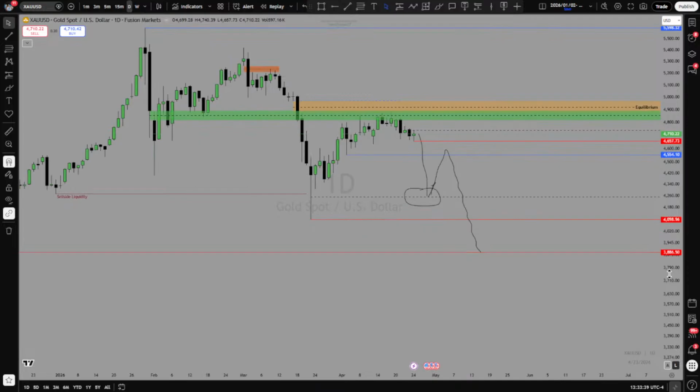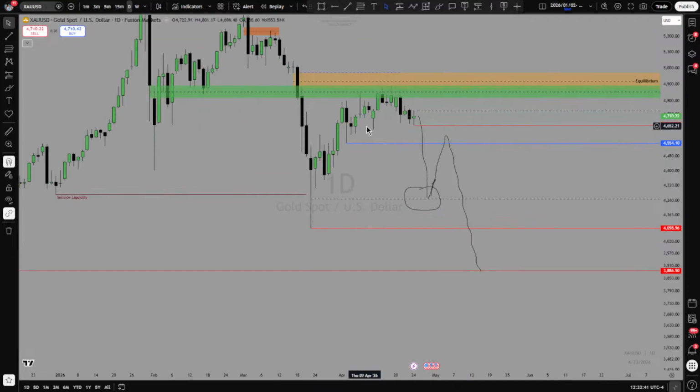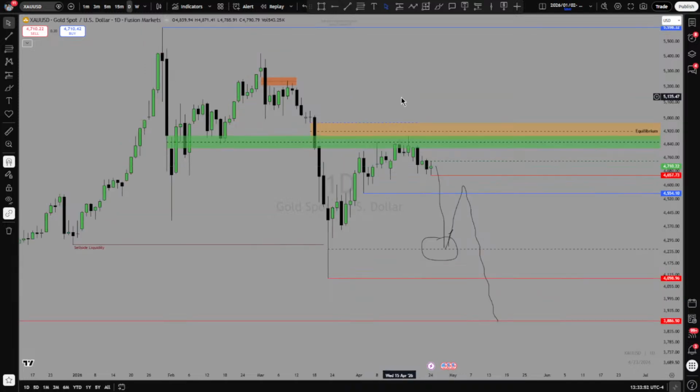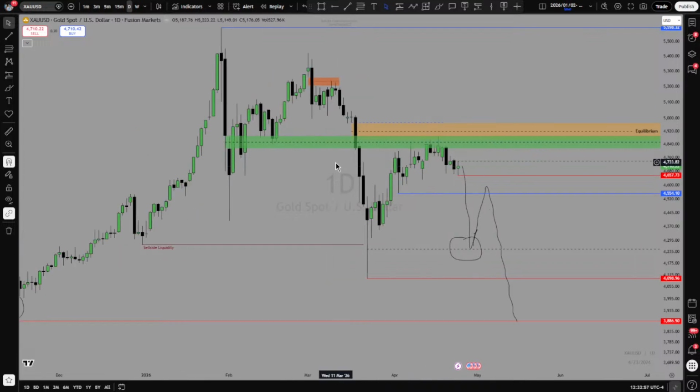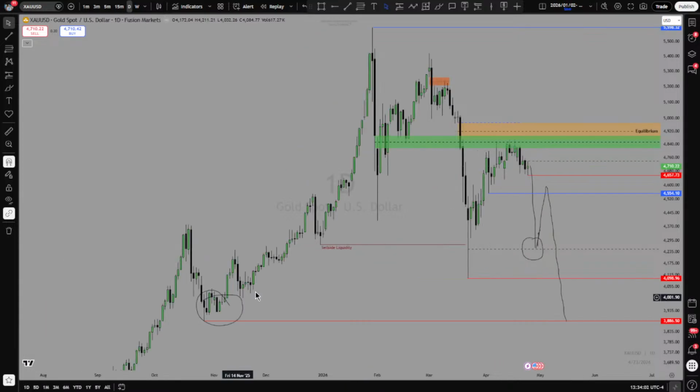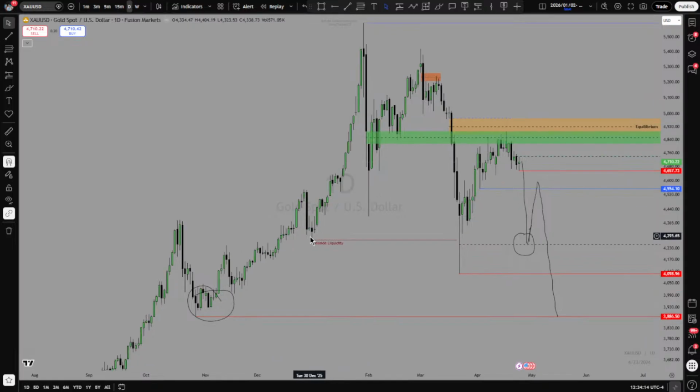Then we started moving a bit lower. What I was looking for here were signals that the price is going to go lower now, so it's not going to go higher, because although there's a slight possibility that the price can go higher, there are more chances that the price can actually drop from here. Because we have this unfinished business here, which we have not tapped into. So I was looking to see if the price can get to these lows, because the last time it went to this low and went to this low again.